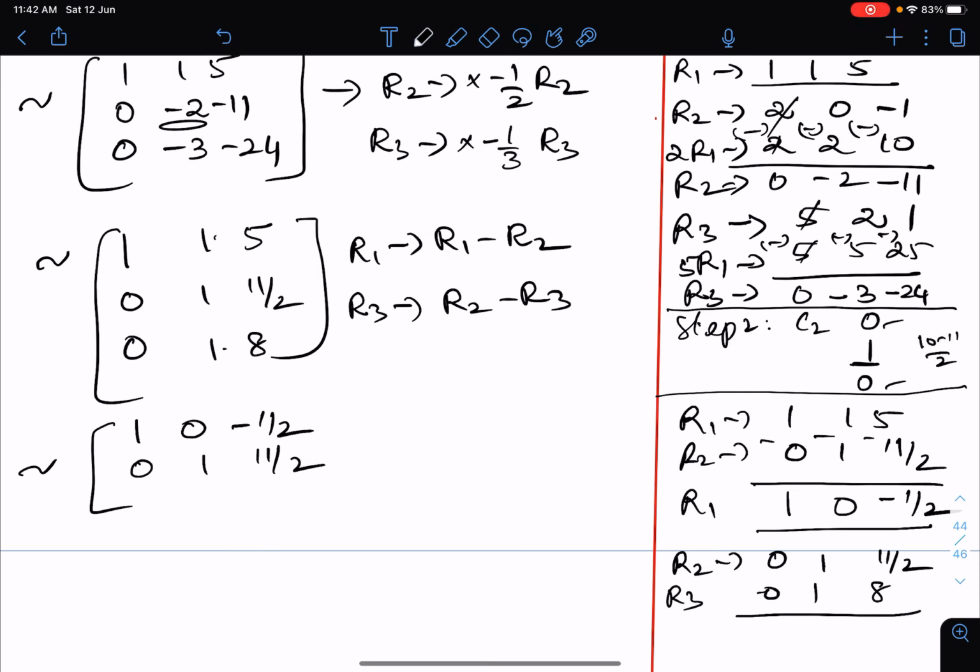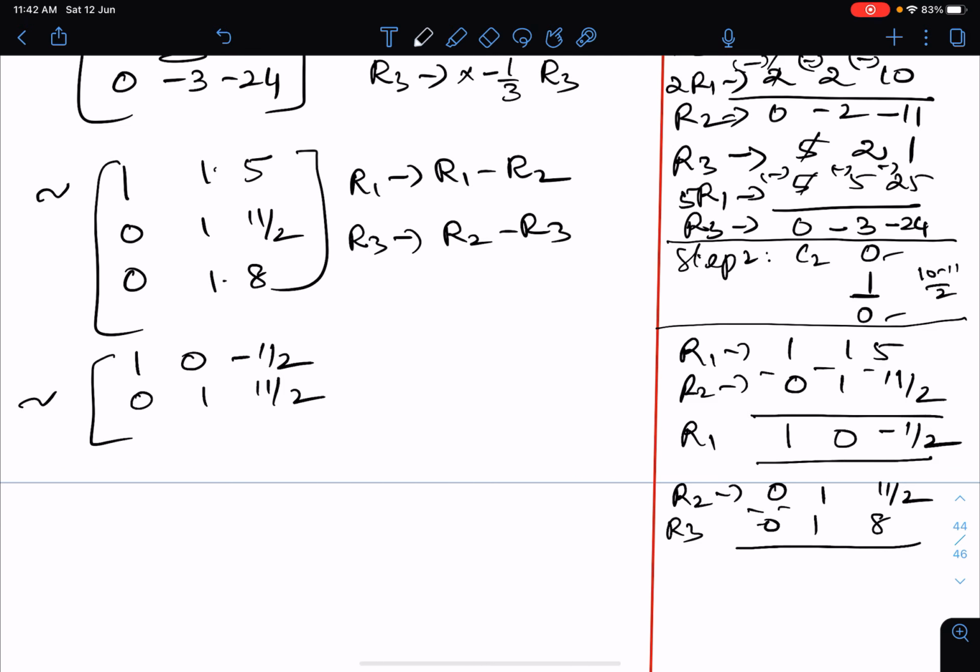So you subtract, so again you change the sign. Here it is going to be 0, 0. And here 11 by 2 minus 8. So taking LCM you will get 11 minus 16 by 2. That will give you minus 5 by 2, because 16 is the greater number. So you will get it as minus 5 by 2. And our R3 is going to be 0, 0, minus 5 by 2. So our second step is also over.